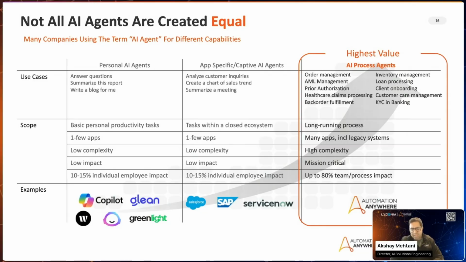And that is essentially what we want to focus on. So that's where Automation Anywhere focuses. And how do we exactly do this? How do we get you these processes? How do we bring you up to that 80% productivity impact? It is through our platform. So let's go to the next slide and take a look at what this platform looks